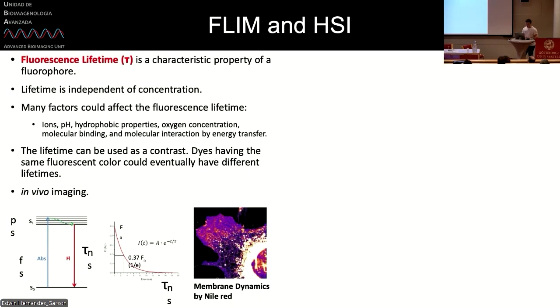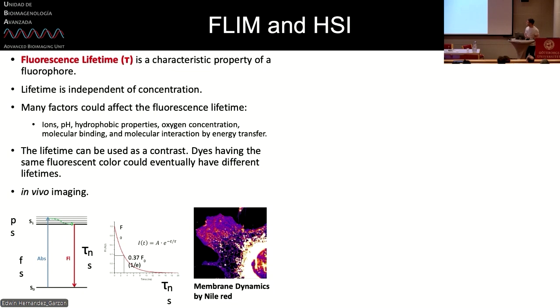So basically, for FLIM, it's a characteristic property of a fluorophore. It is independent of the concentration of the fluorophore in the sample, but it also changes with other factors like ions concentration, pH, hydrophobic properties, oxygen concentration, molecular binding, molecular interactions, and that is useful to study different kinds of